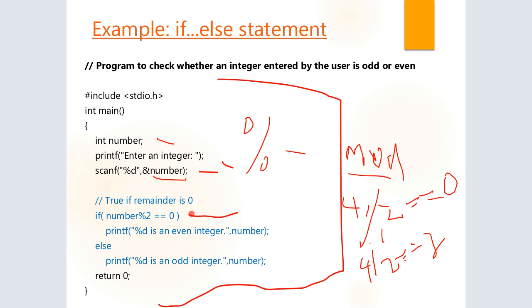Okay, so we are saying if number modulus 2 gives 0, and also something you need to note is how the equal sign is expressed here. It is the double equal in mathematics that we call the equal sign in programming. If you write this one alone in programming, we call it an assignment operator. It is not